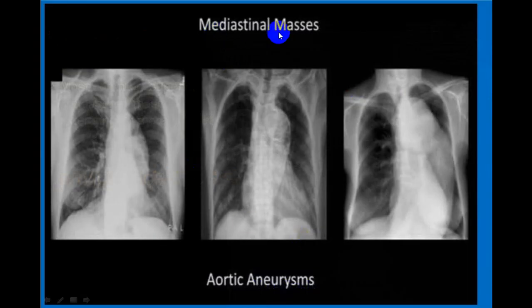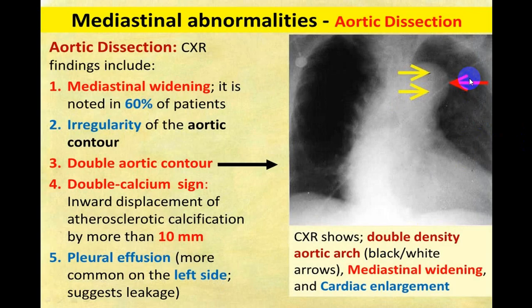Now in a mediastinum, sometimes you can see an overlapping shadow. You can see this overlapping shadow, and this is because of aortic aneurysm, which you will be able to make out much better in a lateral view. You can see here, this is a big shadow. This is because of the aortic pathophysiology.